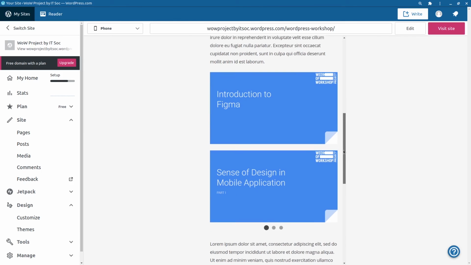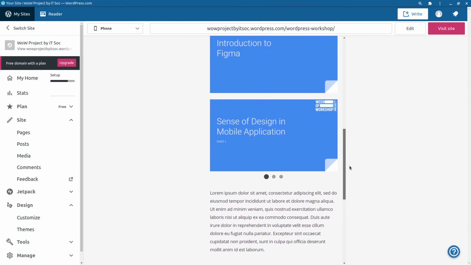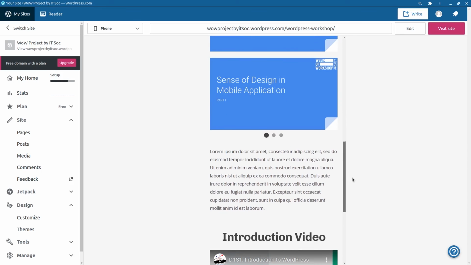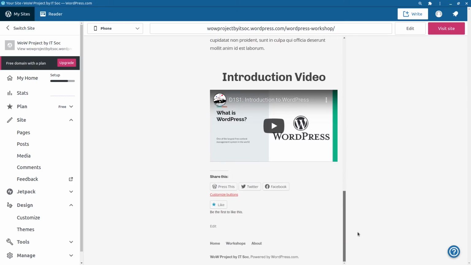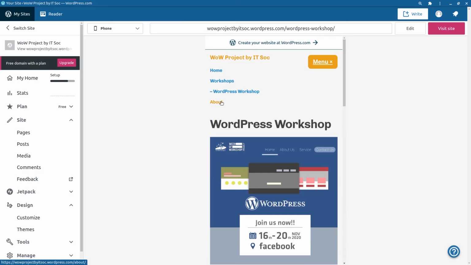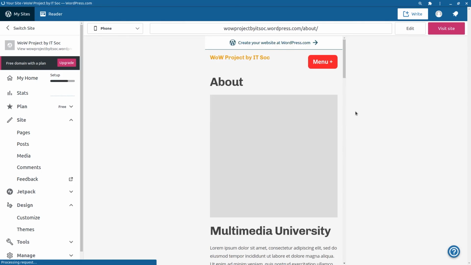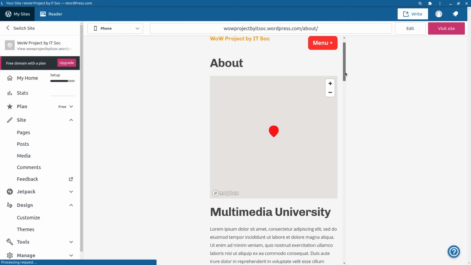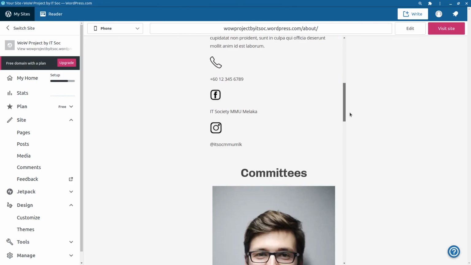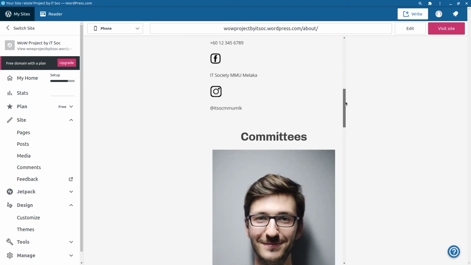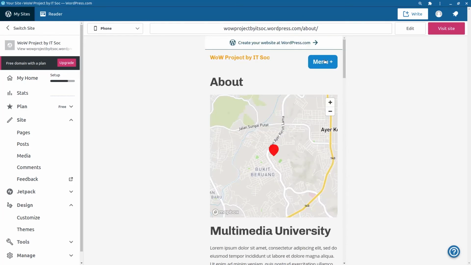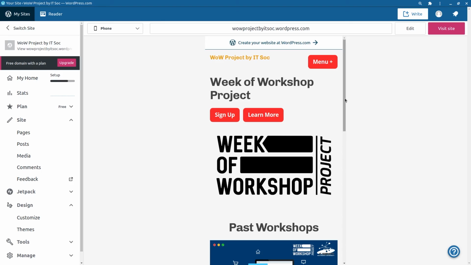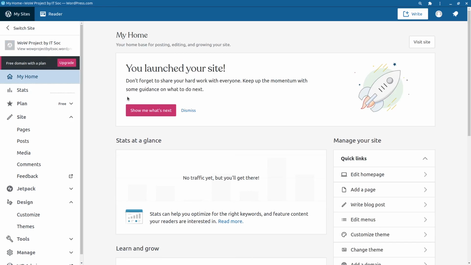Now let's have a look at this. Right, looks good at first, but here you have this image and gallery stuck together, but we can't edit much on the phone version, unlike website creators, maybe Wix or Weebly. I believe those should have the ability to edit for the phone version. Alright, now on to here, it is going to be like this. For the rest, it looks quite okay. It still looks like a mobile website, so it's okay for me.